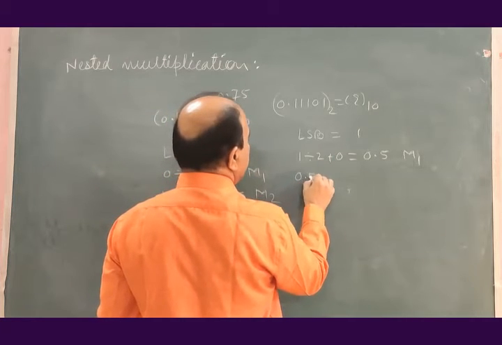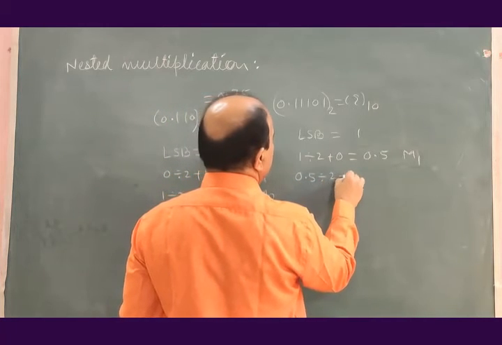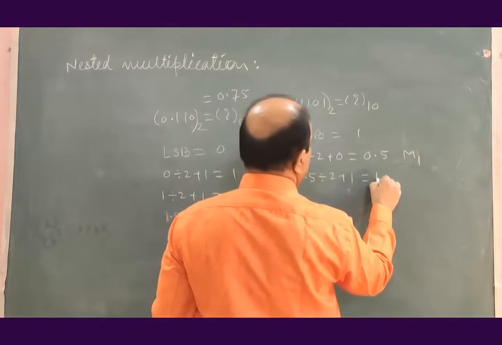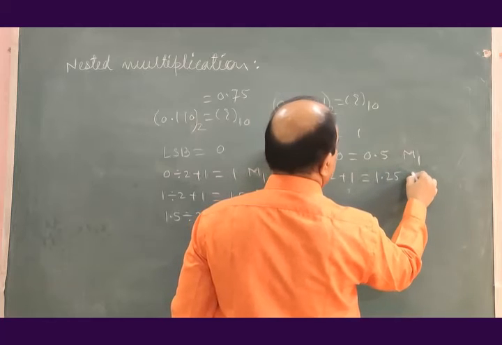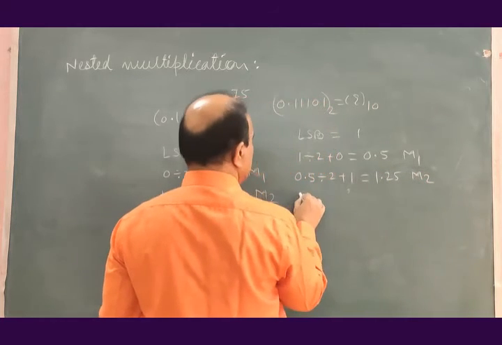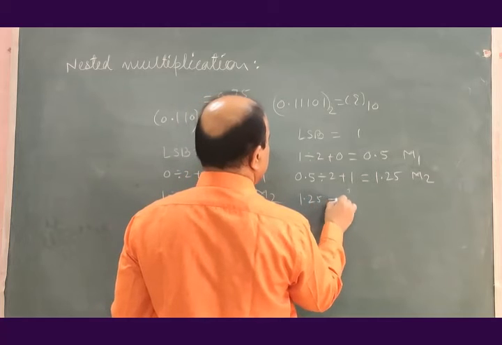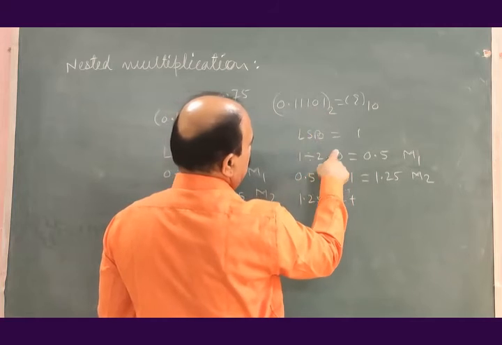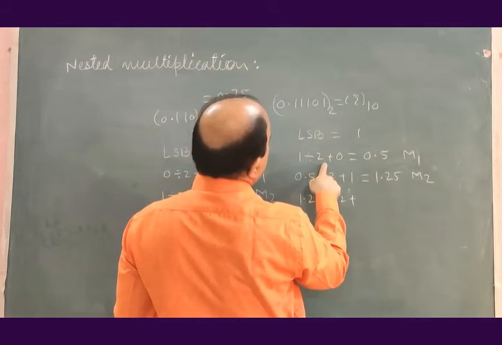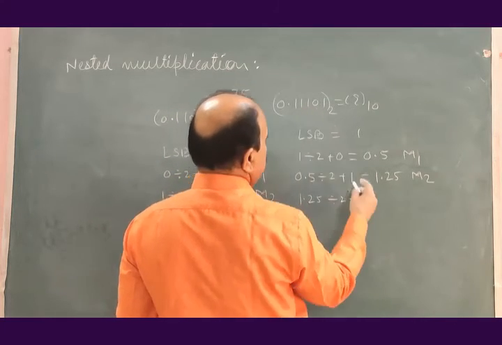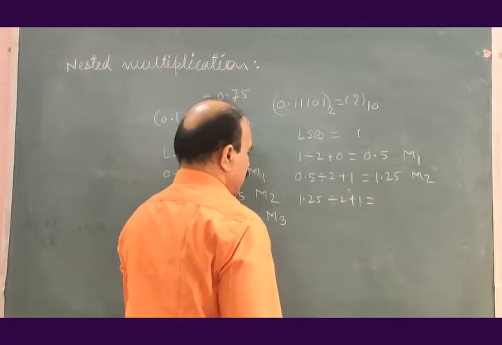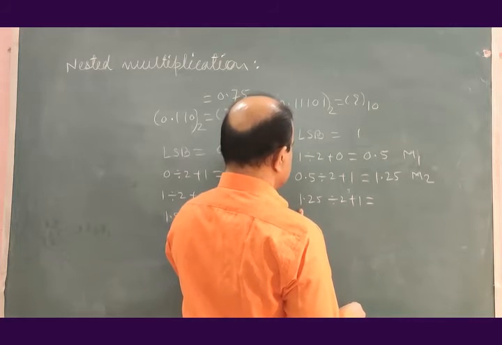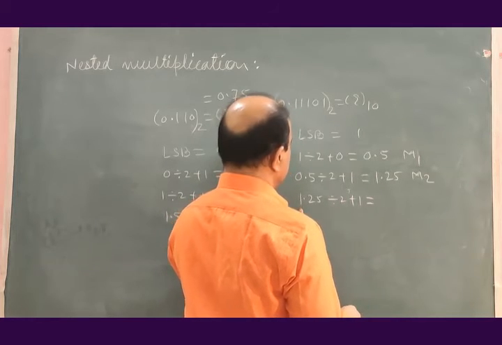Now this 0.5 divided by 2 plus next, that is 1, that is equal to 1.25, M2. 1.25 divided by 2 plus next one,